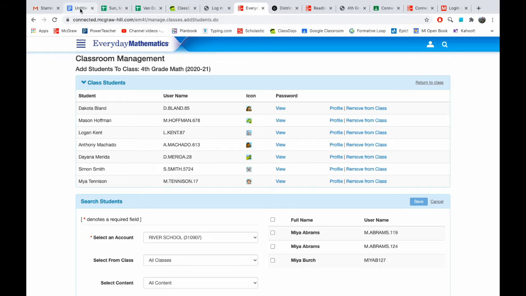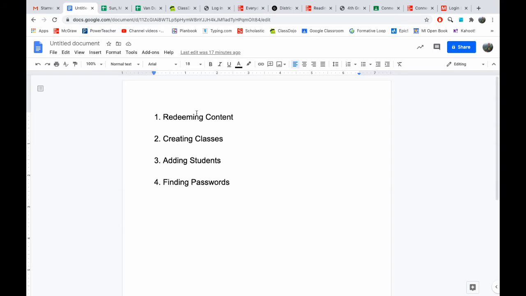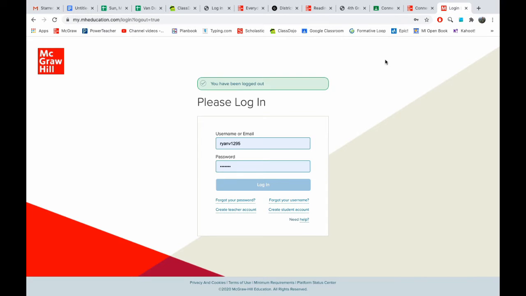Next up, we've redeemed our content, we've created classes, we've added students to those classes. Now let's talk about passwords. This is probably the quickest and easiest one. So for passwords,